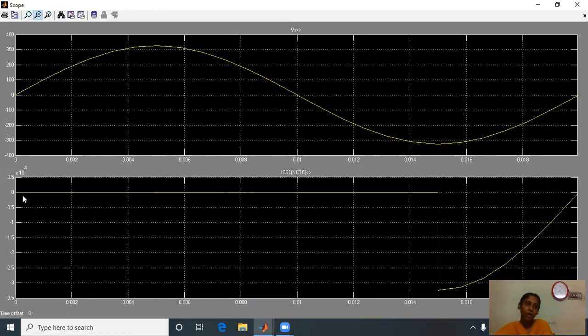Just see here, during the positive half, it was normally closed. During the positive half, it is opened. And during the negative half, when Vs starts to decrease below the 0 value, it should be closed. But here, still it is opened. That means here the off condition is delayed by 0.005 second. So it can be categorized as normally closed and the closing time is delayed, normally closed time closed relay.